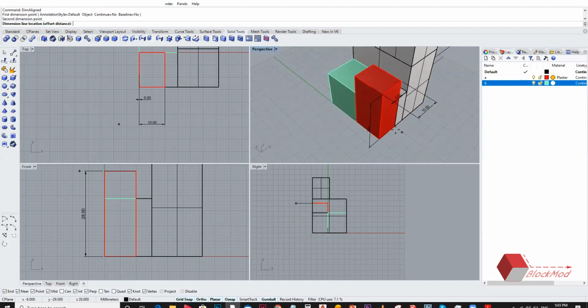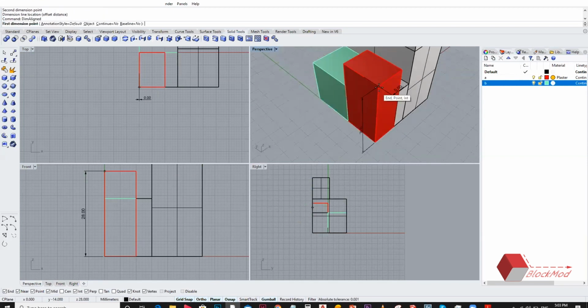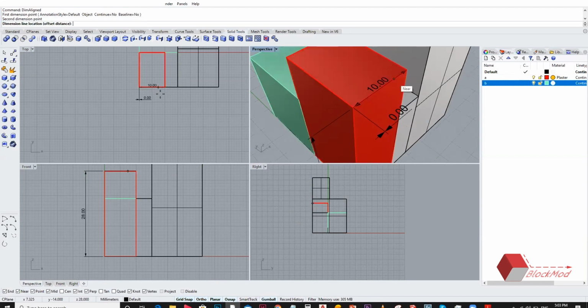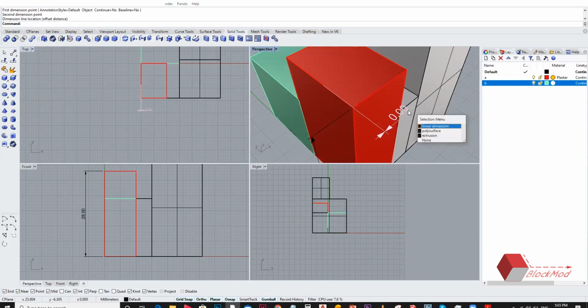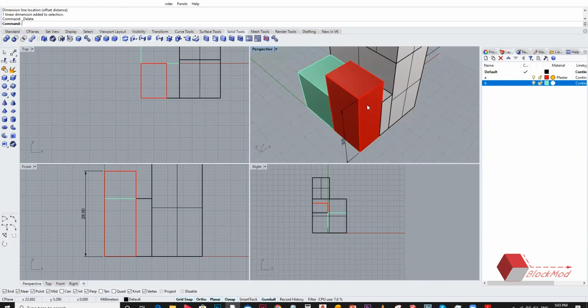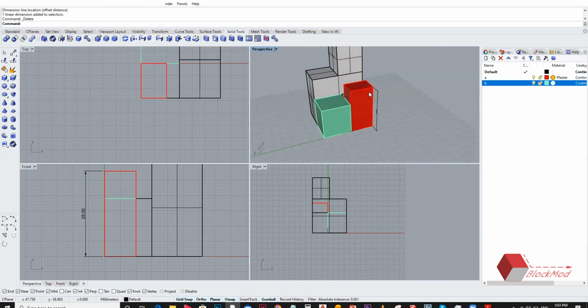Even if I clicked two diagonals, it will still give me a dimension of this vertical plane, which you can see in the plan. The way it works is that the way you have extruded or created the mass, the software will interact to that. And annotations are two-dimensional.